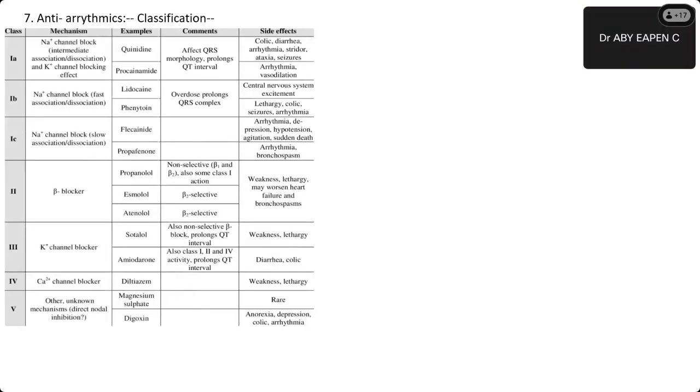Vaughan Williams classification. How many groups? 4 groups, 4 classes. Class 1 is subdivided into 3: 1A, 1B, 1C. This chart will tell you all about the sodium channel blockade, fast sodium channel blockade, slow sodium channel blockade. So the first group of drugs are all sodium blockers, then beta blockers, then potassium channel blockers. The fourth group is calcium channel blockers. And of course, unknown mechanism, that's the fifth group, like magnesium sulfate and digoxin, which are also used for antiarrhythmic